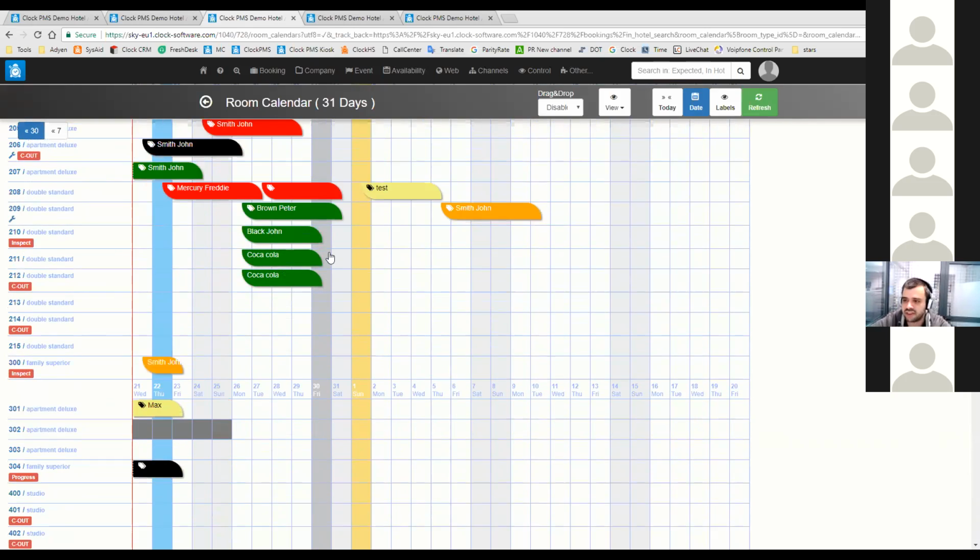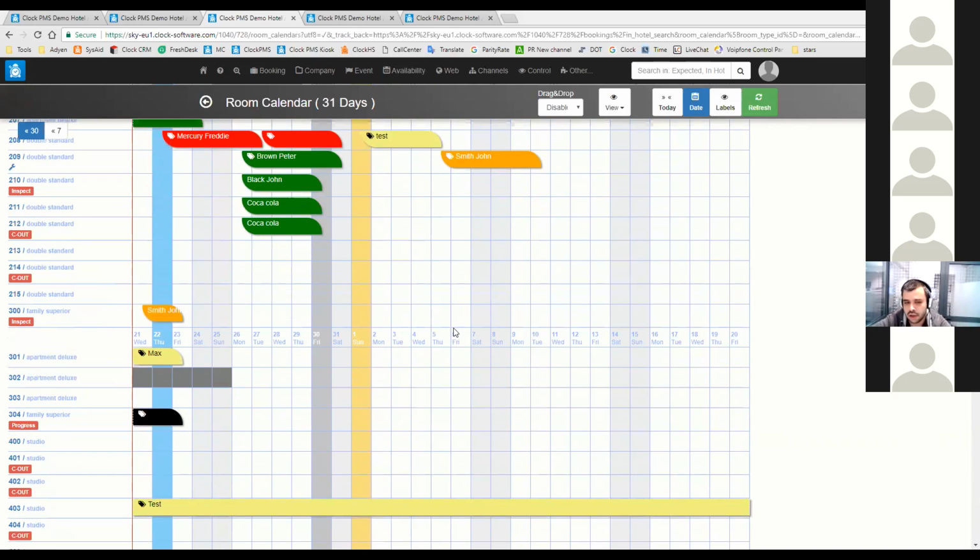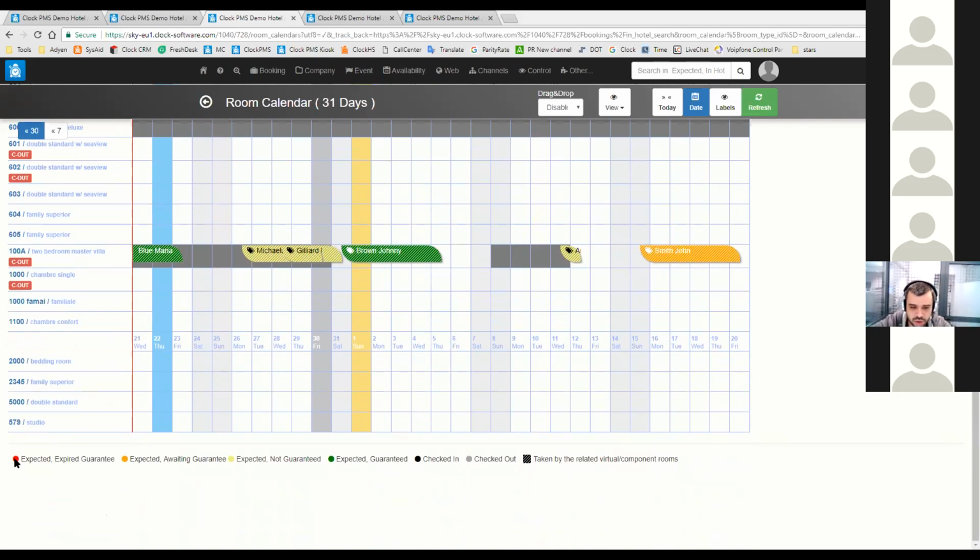The colors are basically connected with the guarantee policy, and with their guarantee status. The guarantee status is if you have a guarantee option, for example, a prepayment that needs to be done, or paying 50% upfront, and this color reflects their status. The green color, and actually at the bottom you do have a legend of what each color means. The expected expired guarantee,